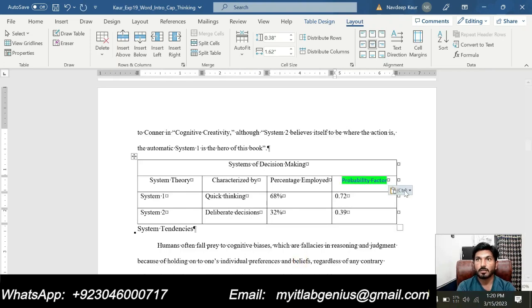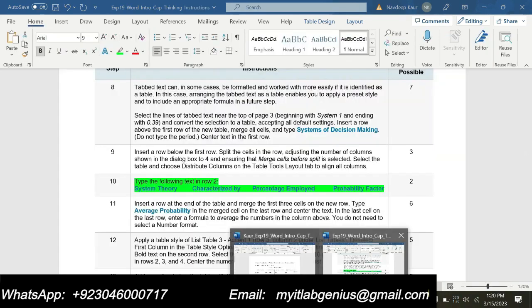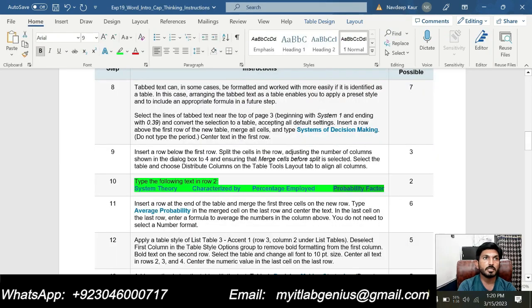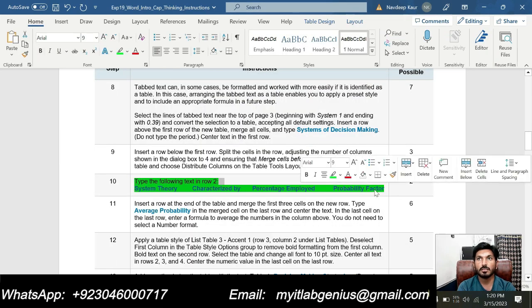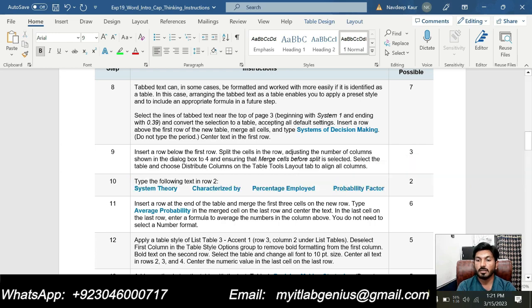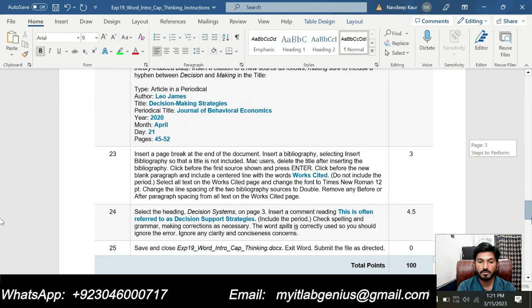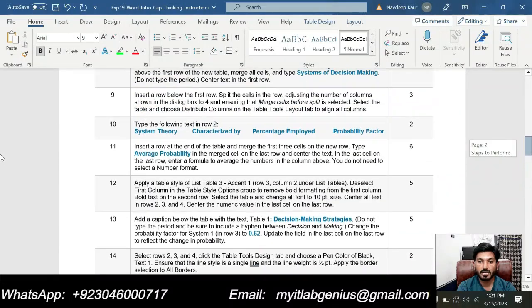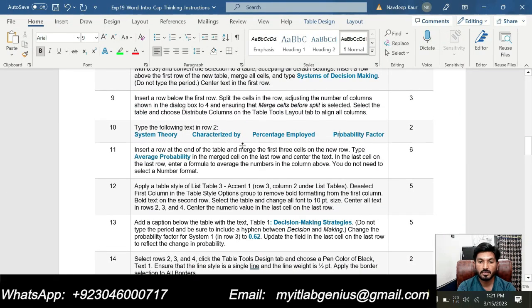So this one. So step number 10 is completed because I have typed all these in row 2 of the table, and basically this assignment has 25 steps and I am doing step number 11 now.